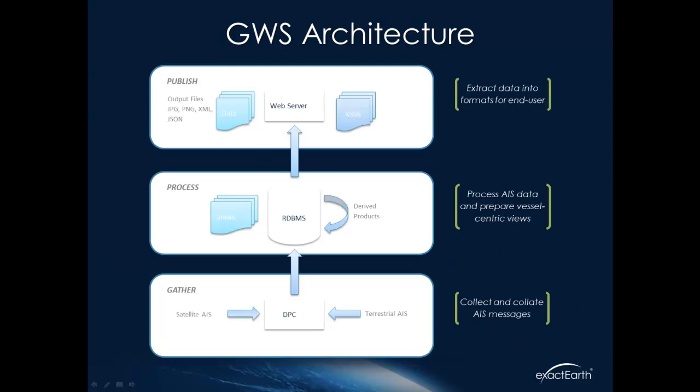A quick look at the architecture that supports this, and this may hopefully make things a little bit clearer. If you look at the bottom of this diagram, we still, as per normal, are taking data in from various sources. Here we're showing the satellite and the coastal AIS data, and we put it into the data processing center. And now the big difference is, rather than just put this data straight out in an AIS message format to our end users, we take that data into a relational database system. And this is important because, one, we're storing the data, but two, a very important step here is we transform the data. We transform it from an AIS message structure into what we call a vessel-centric model.